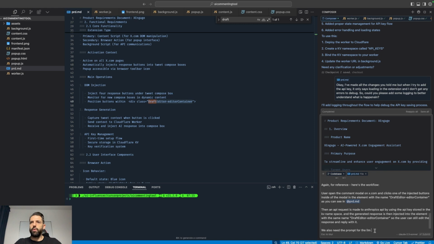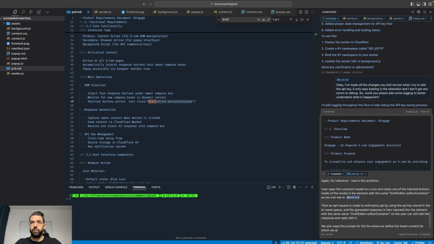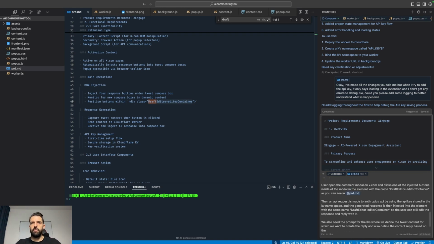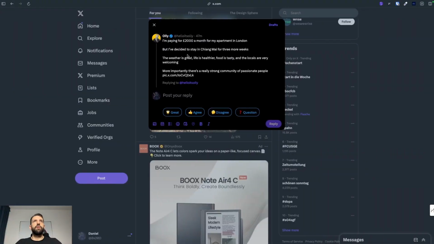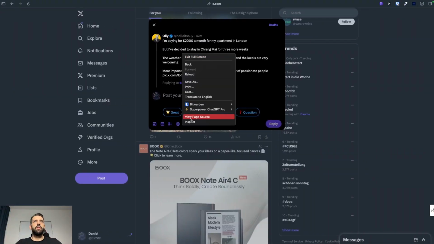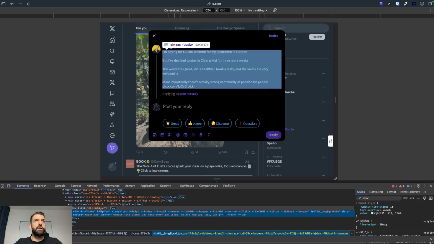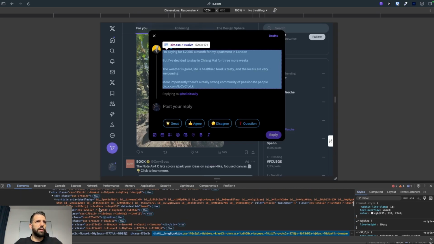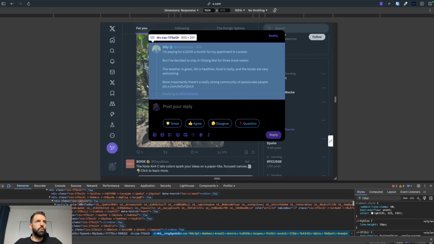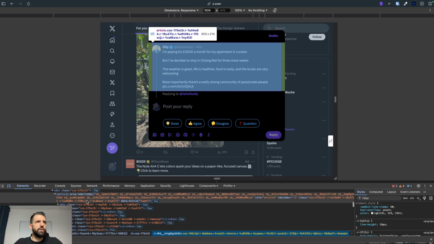And we also need the prompt for the LLM, where we define the tweet content for which we want to create the reply, and also define the correct reply based on the clicked button, so e.g. grade, etc. Now for that, we obviously need a way to access this tweet content, so we want to right click, and then we need to choose the correct element, okay? And the element that we need to choose is CSS